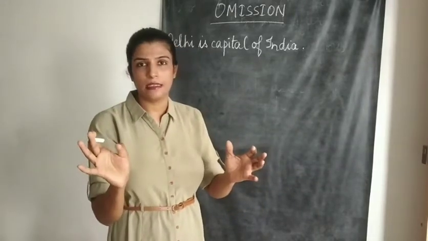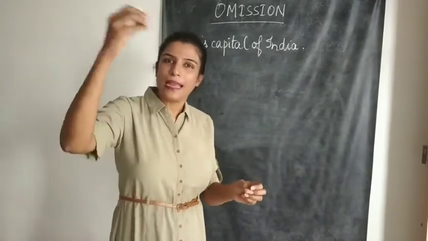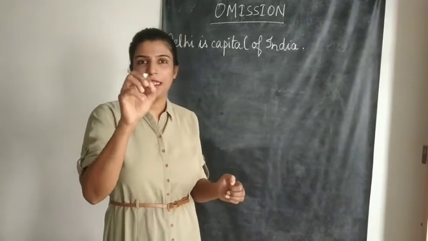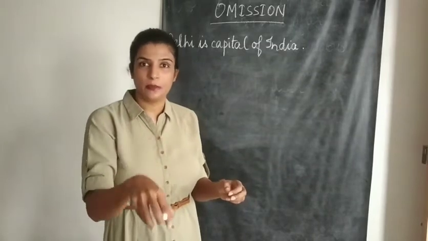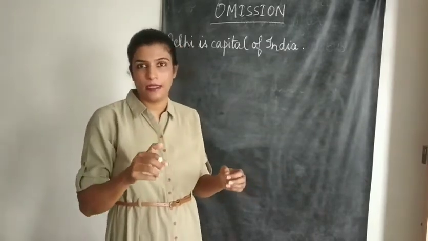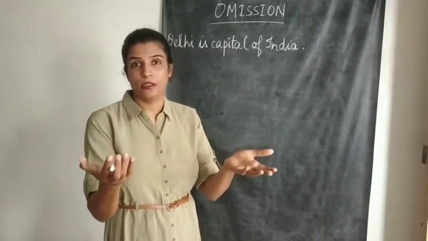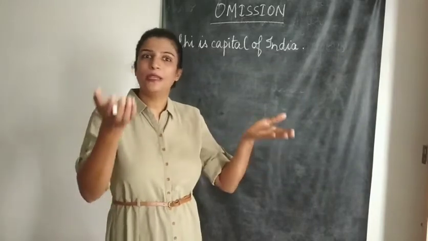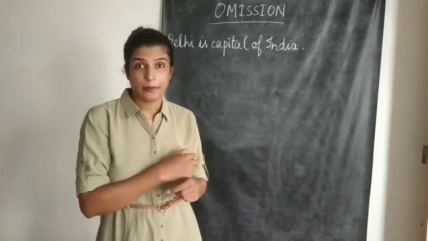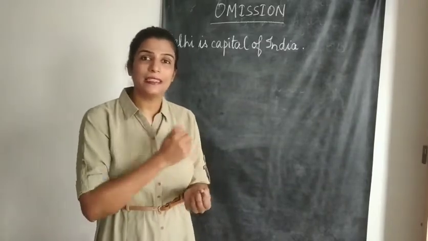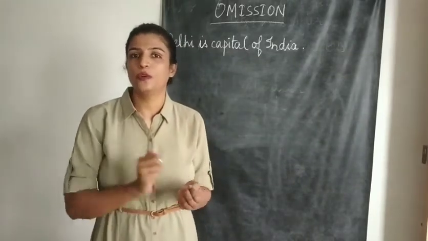So omitted means a word which is missing in that part of the sentence, or the sentence, whatever is in the exercise given to you. A word will be missing from there. You have to write the word in the place where it belongs. You have to place the correct missing word in the correct position as well. So the difference is a lot between editing and omission. In editing you'll have an error; in omission you will have the word only missing. So today we'll pick up omission, where words go missing and we have to write the missing word in the correct position. That is the meaning of omission.